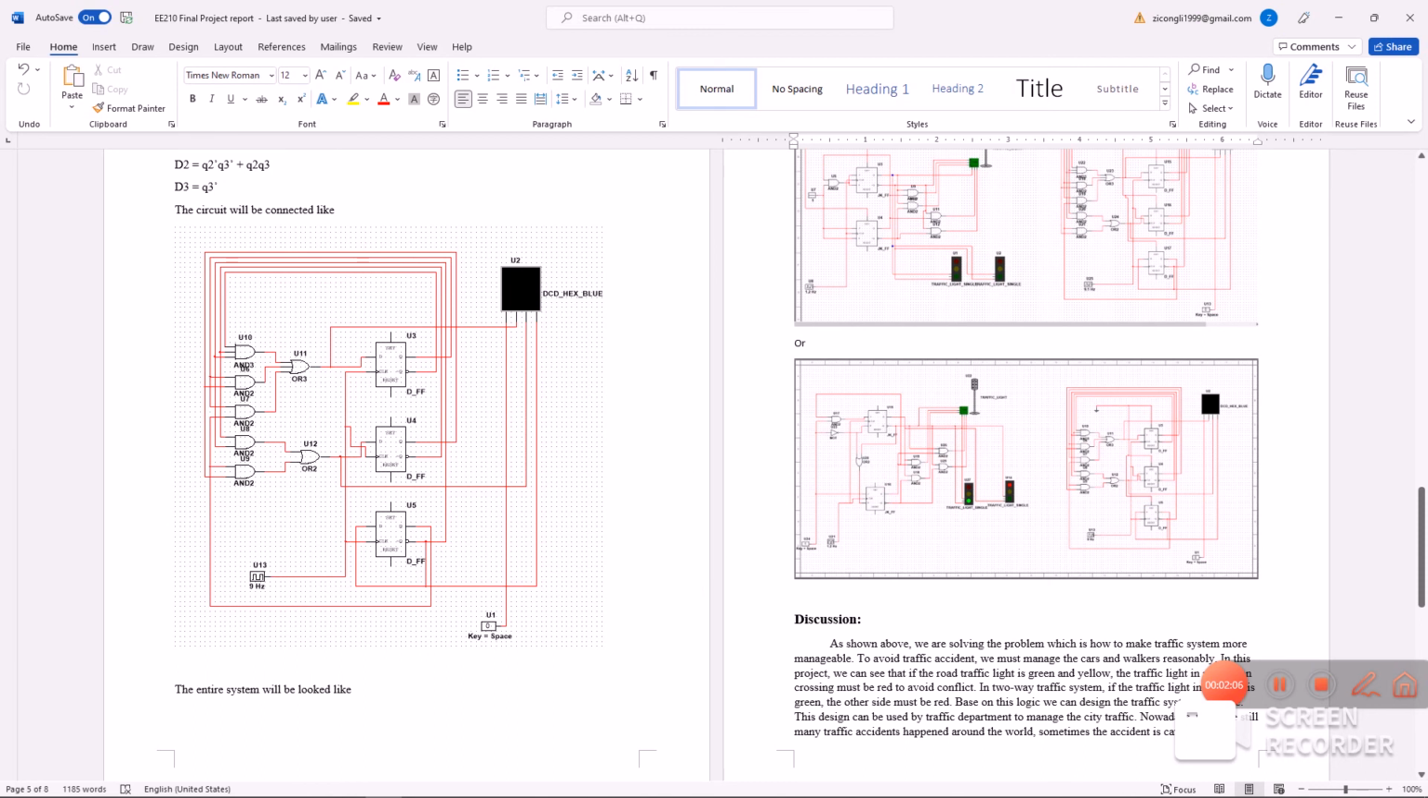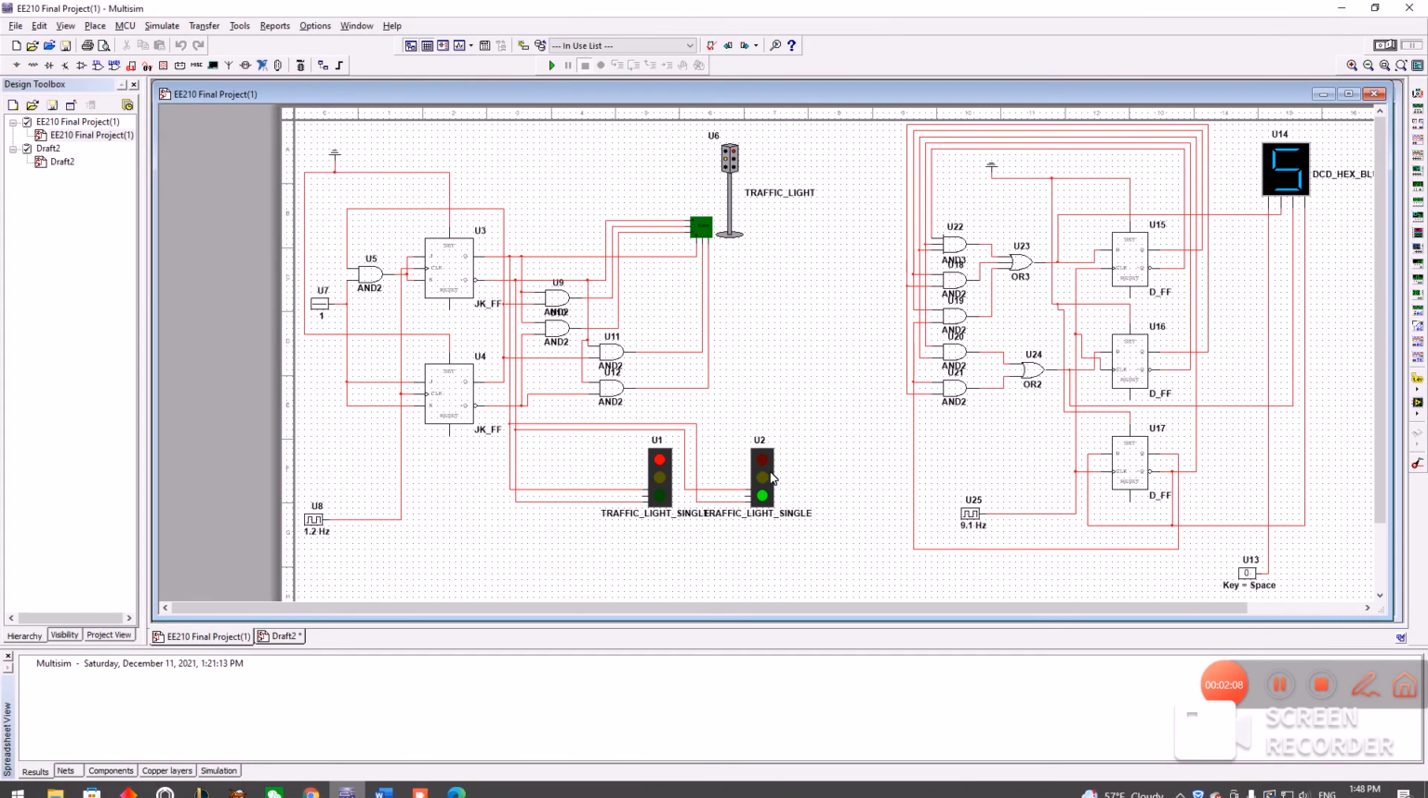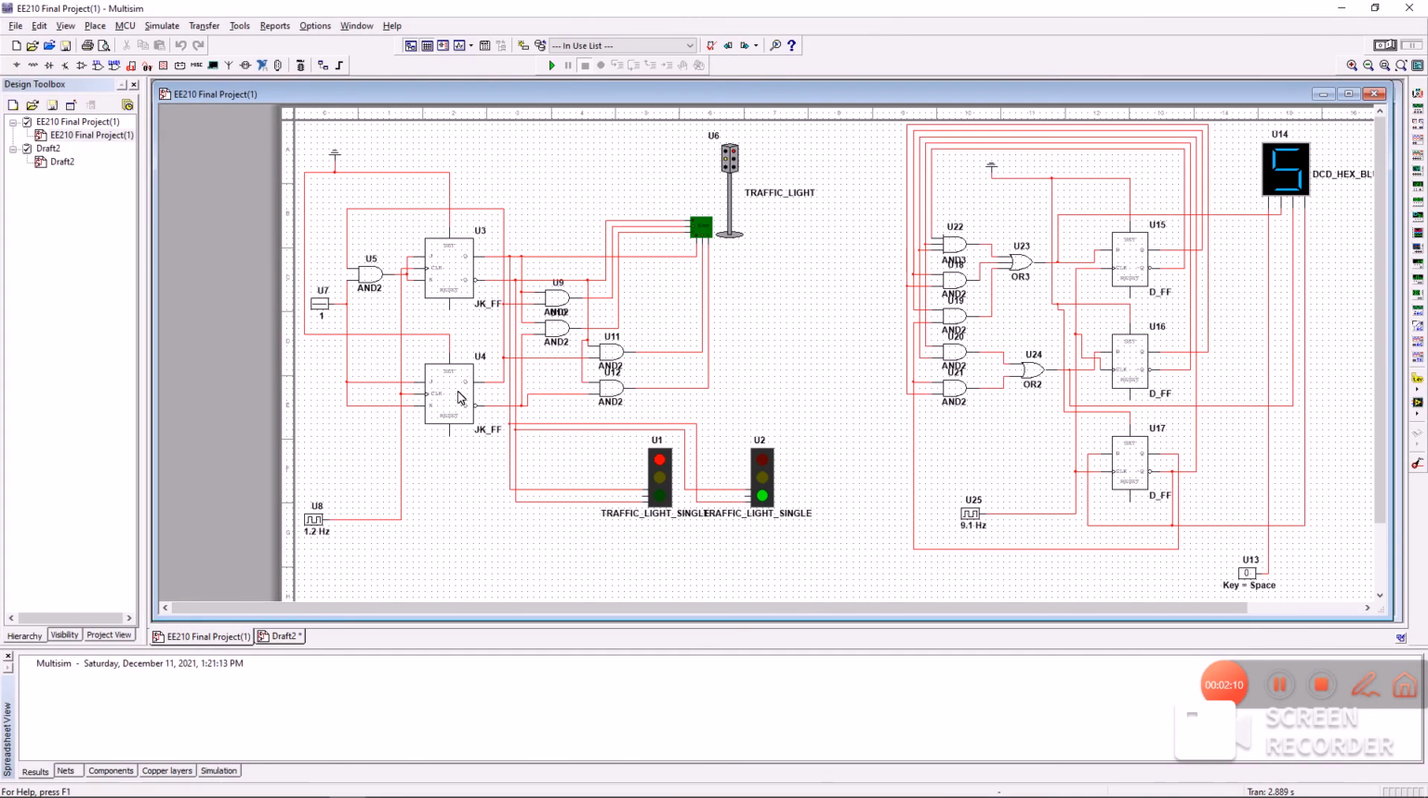Then let's test our project with Multisim. You see, this is our project, and when I click the run button, the counter is down counting. We can see the left sideway is a red light, and the pedestrian is a green light. The upside way is from the other side. After 0, we reset it to 7, and then we note that the right side